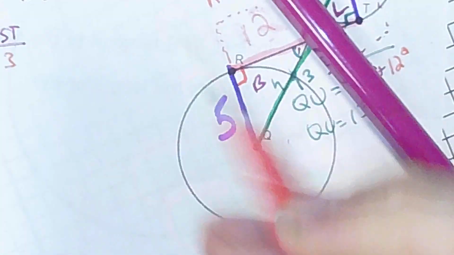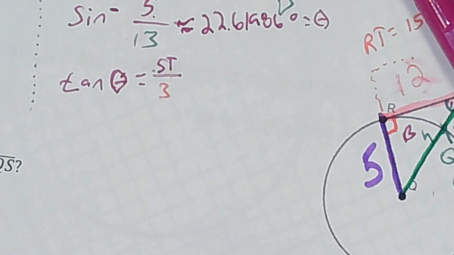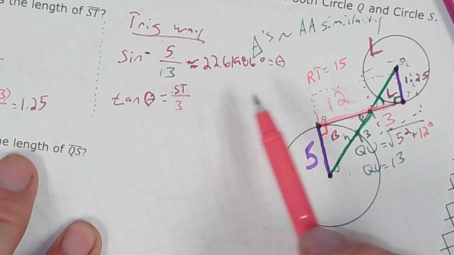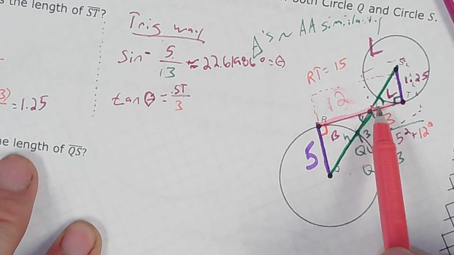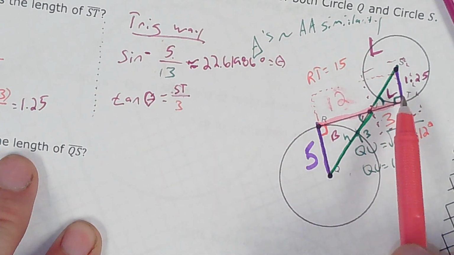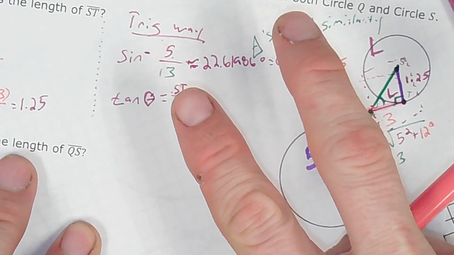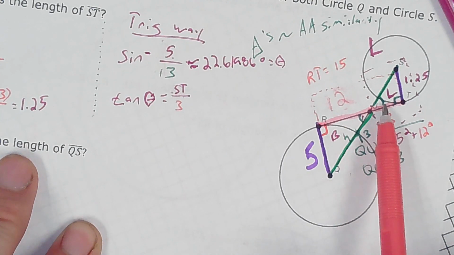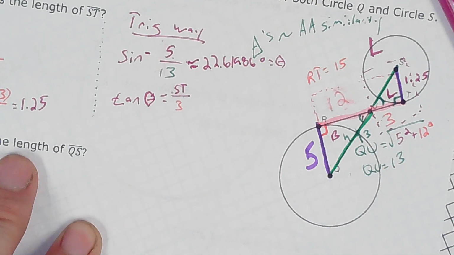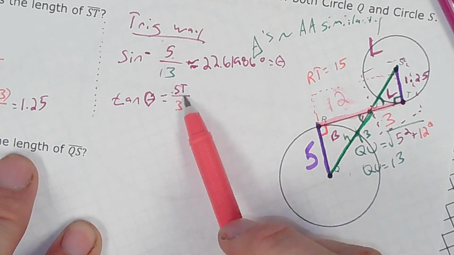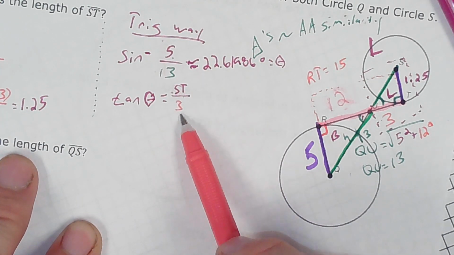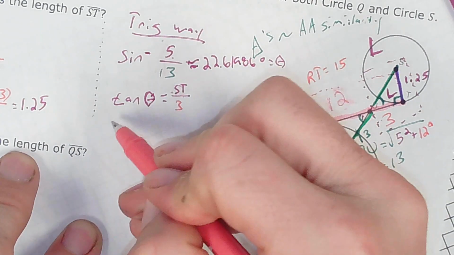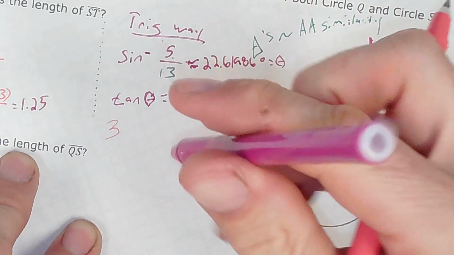All right, so now I need to get it in my equation over here. So the tangent of this angle, which I call theta, equals my opposite line segment, which I don't know, divided by 3. So all I need to do is isolate my unknown by multiplying by 3. If it's on the bottom over here, it's going to end up on the numerator over here. So 3 times the tangent of theta,